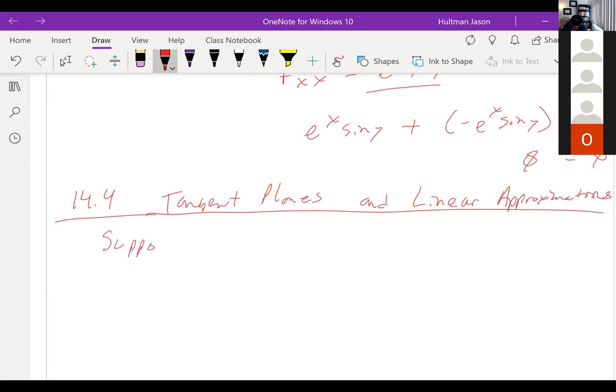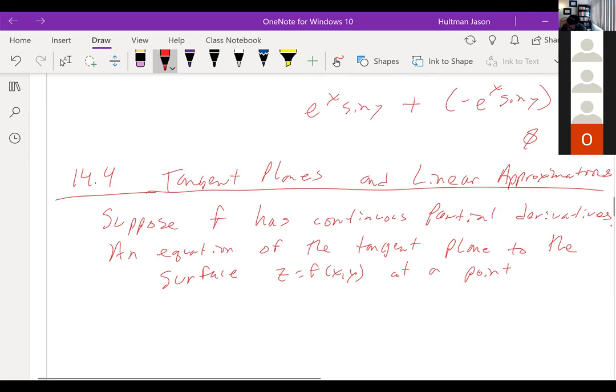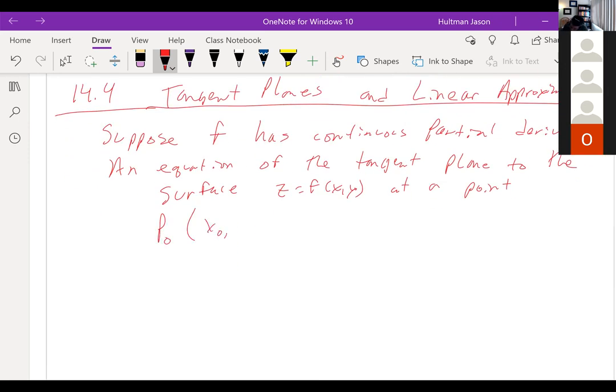Okay, suppose f has continuous partial derivatives. An equation of the tangent plane to the surface z equals f of xy at a point P naught, which is (x naught, y naught, z naught), is,